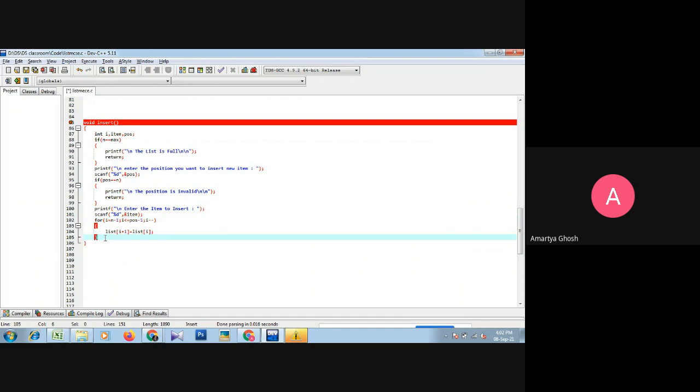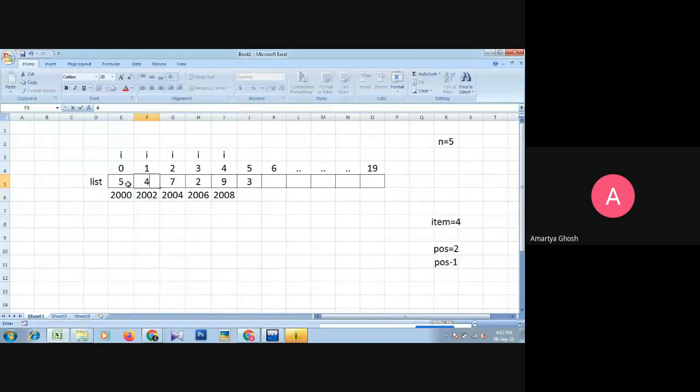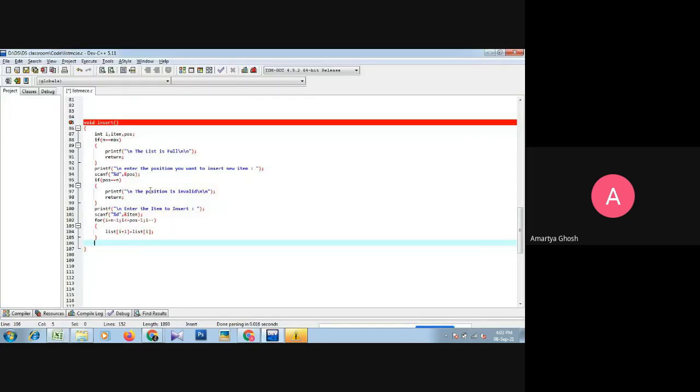So after that when I come or I cross the pos minus 1 position, then we assign the item into I plus 1 position. Because I is in 0th position, we have to insert that 4 into I plus 1 position, that is 1 position. Okay, pos minus 1 position.